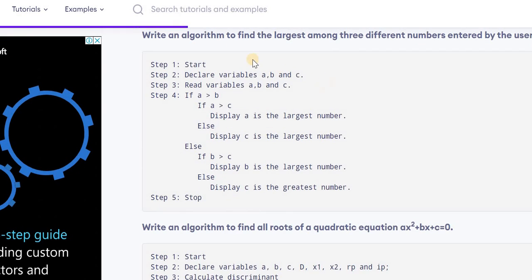Next algorithm: say you have to find the largest among three different numbers entered by the user. So what is the algorithm you have to write? You have to input three numbers, then you have to find the largest among